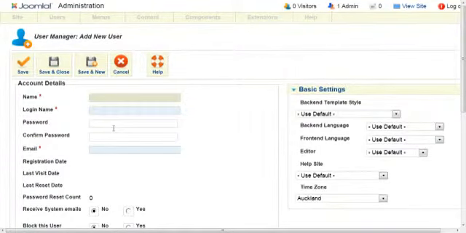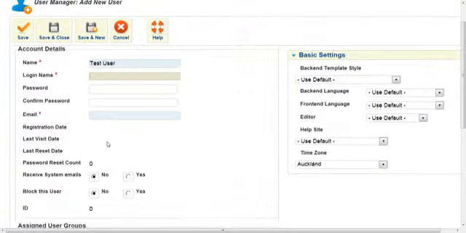So the first field is asking for the name of your user. Depending on your policy, I would put in the full name of the customer or the staff member. So today I'm going to put the name test user, and that will be what appears at the top of the screen. The login name is what I put down to be their staff number. So I'm going to put my staff number in here,